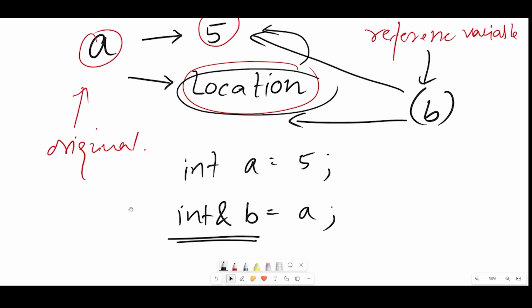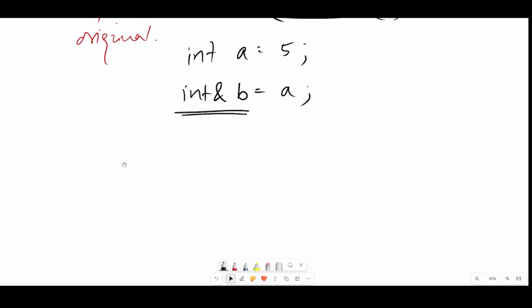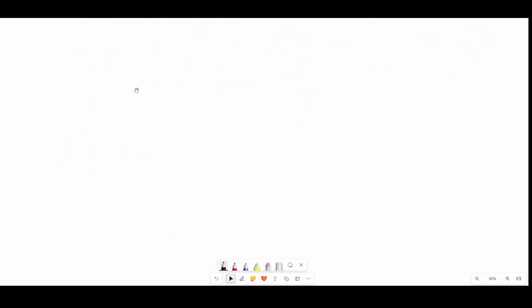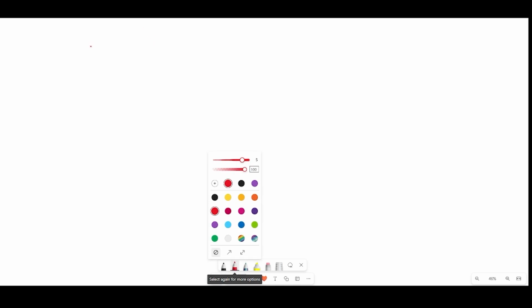Now, one thing here people will get confused about is that it does seem like it is the same as pointers. That's why I asked you to watch the lesson on pointers before. They're not actually the same. They have a couple of differences. Many people think that a reference and pointers are the same, and they're not able to figure out the difference between them because it is acting like the same thing only. Well, there are 3 to 4 major differences.